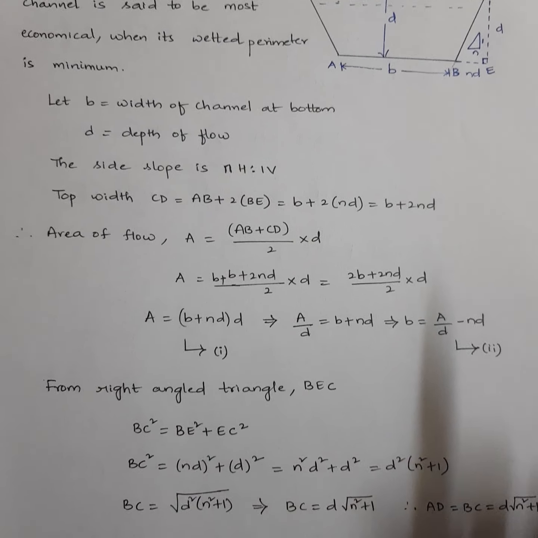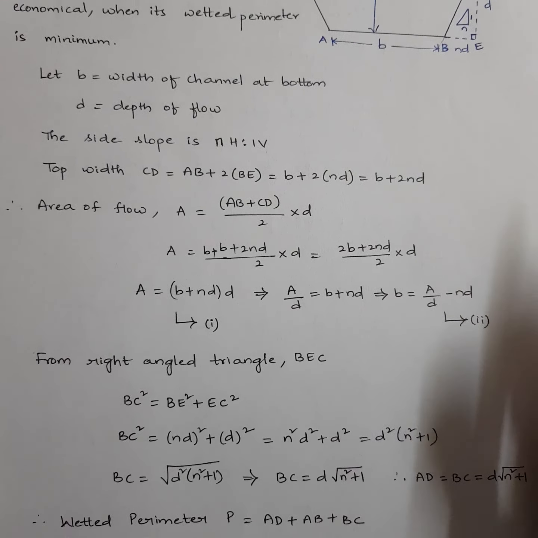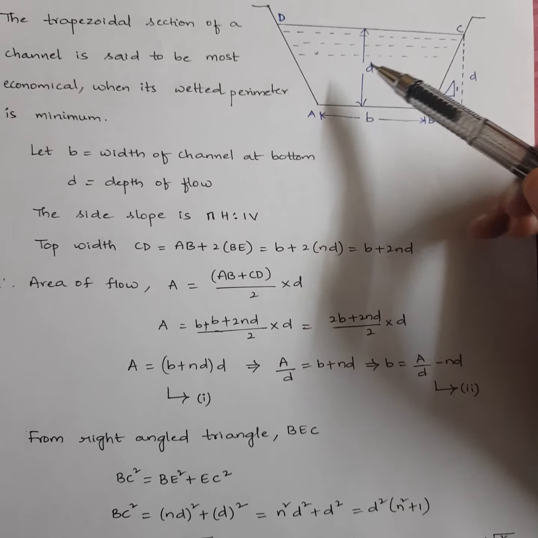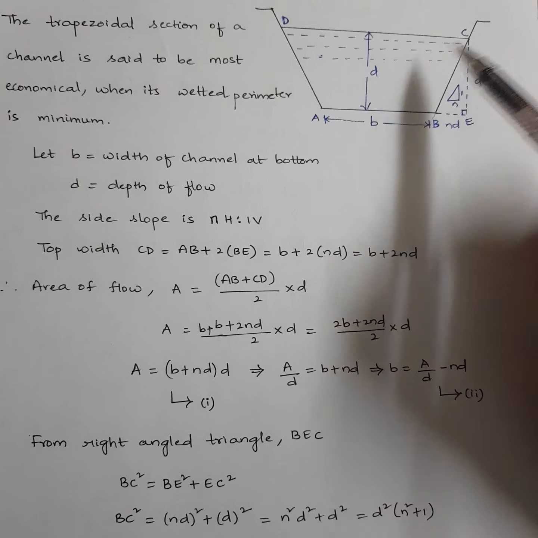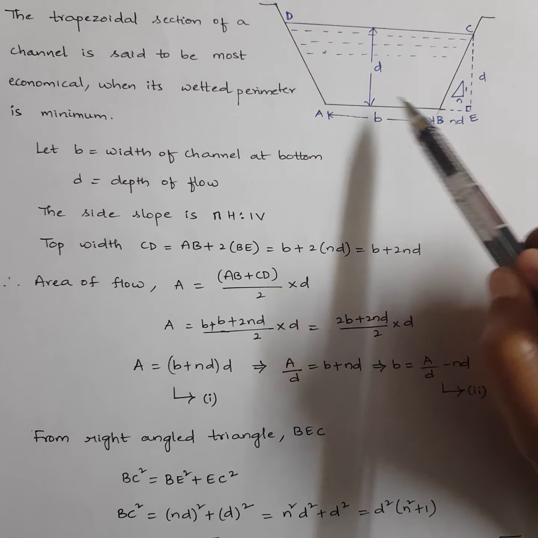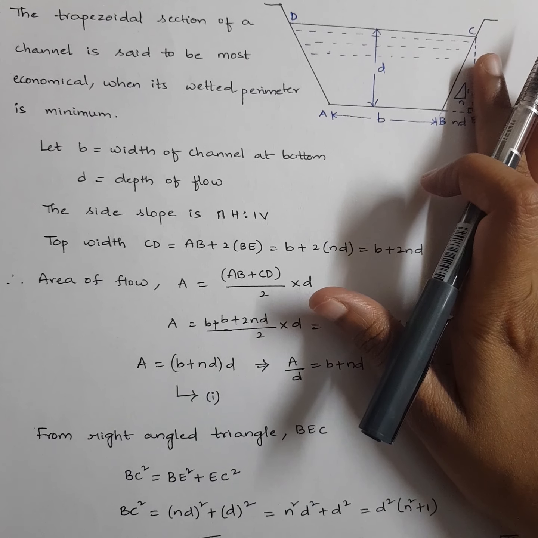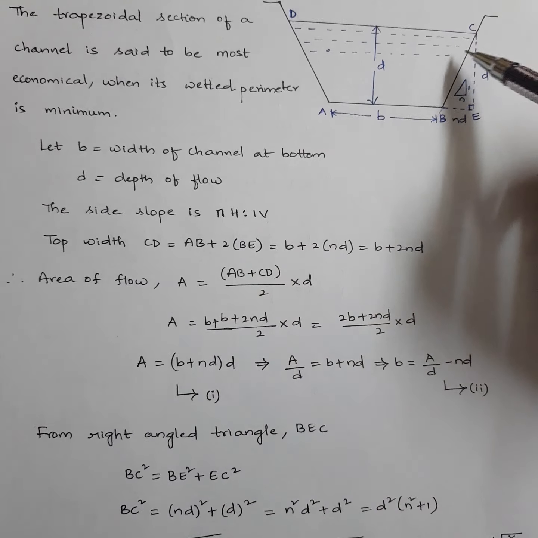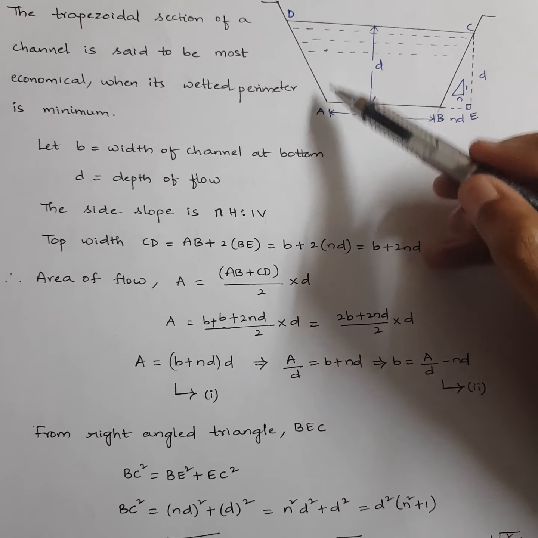Now what is my next step? I should start with the wetted perimeter. Just now I told you, for calculating the wetted perimeter, just keep adding the sides of the section that got wet. So in this trapezoidal section, which part got wet? A to D, A to B and B to C. Don't confuse with this part. This is what we have dropped for our convenience. This is not there. The water is still here only. So BC is wet, AB is wet and AD is wet.